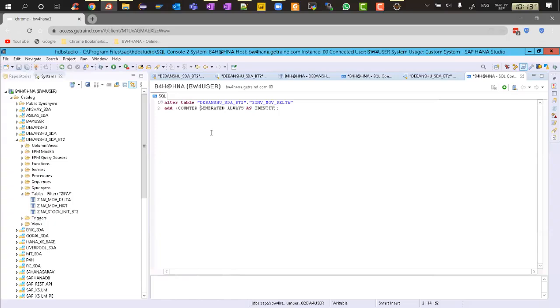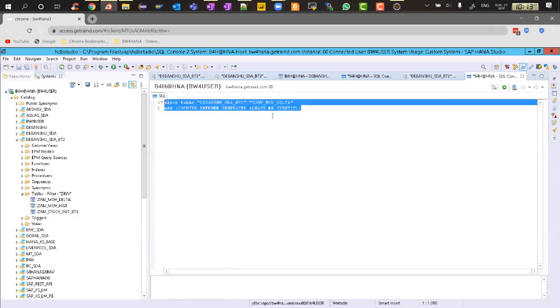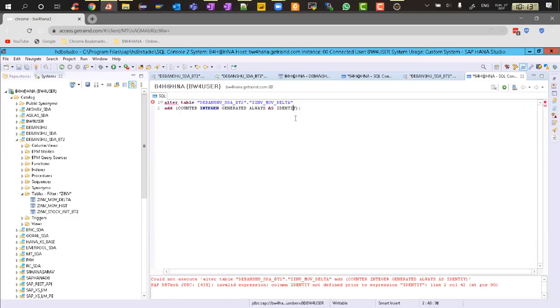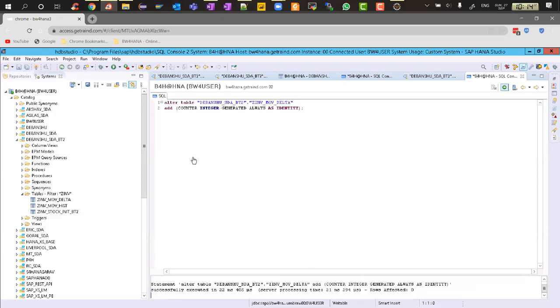Counter data type is what? Integer. I'll give integer. Okay, let's see if this works. If this works, I'll explain what I'm doing here. Column identity. Yes, I think now it should work. Let me clear this and execute. Yep, added. So basically I added a dynamic column in the SAP HANA column table, and that dynamic column means